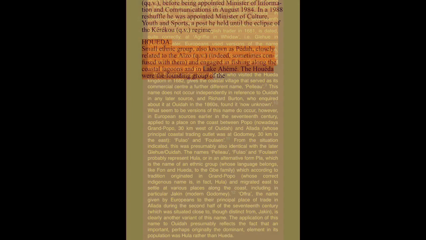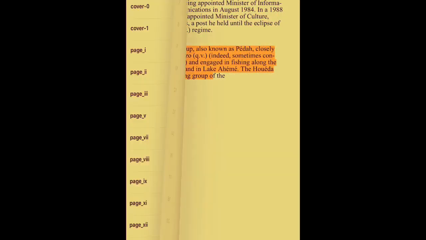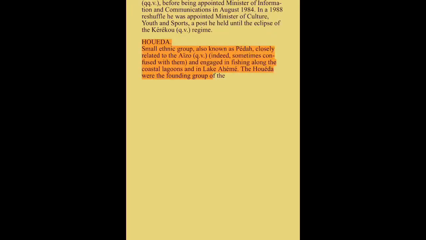Peace. Okay, this next book that we're looking at, let me first let you get the title of this book so we make sure we're on point here. The name of this book, as you can see, is The Historical Dictionary of Benin, 3rd edition, Samuel Decalo. Alright, we're going to go to some of my marks in here.